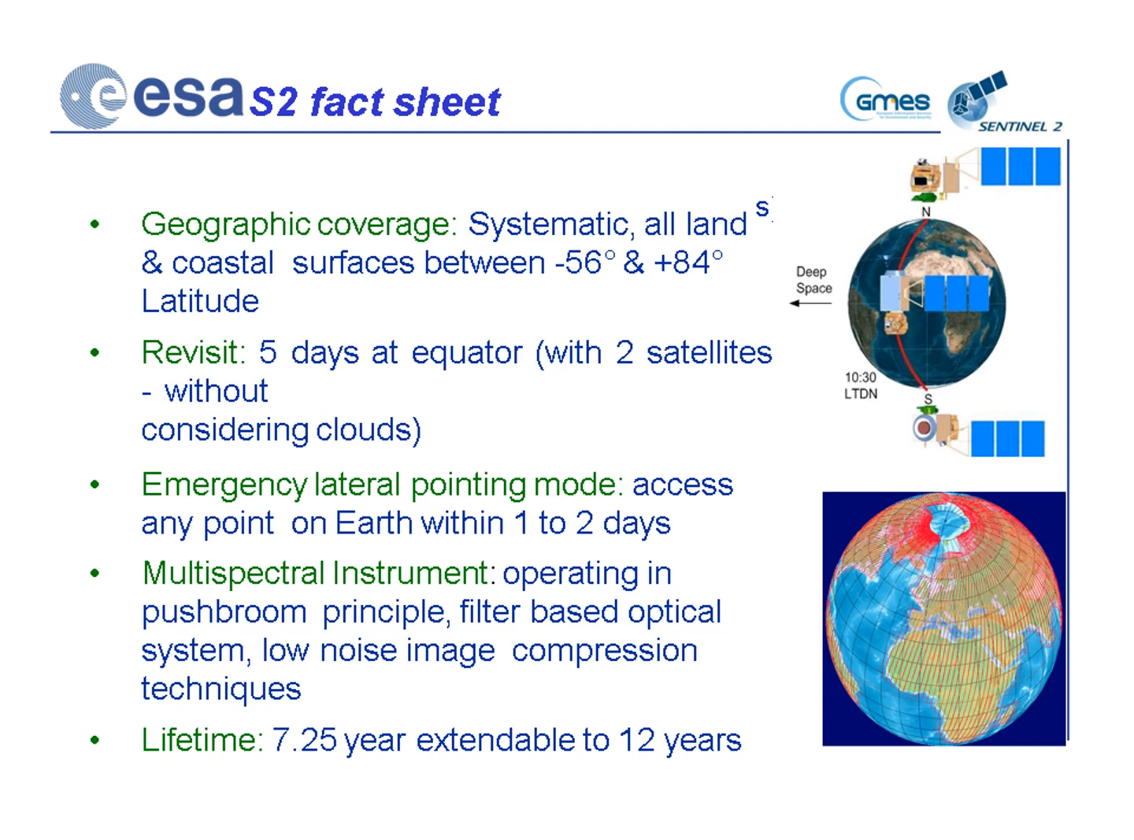It's systematic. It's all land and coastal surfaces between -56 and +84 degrees latitude. It revisits every 5 days at the equator when you consider having 2 satellites, okay? And that's, you know, every 5 days you should get 100% coverage of the area it covers, unless you consider clouds, in which case it's going to be a longer revisit period. It can do lateral pointing, so you can shift the satellite off nadir in order to pick up areas adjacent to the current path. And so any point on Earth can be observed within 1 or 2 days, provided it's not cloudy. These are push broom sensors,